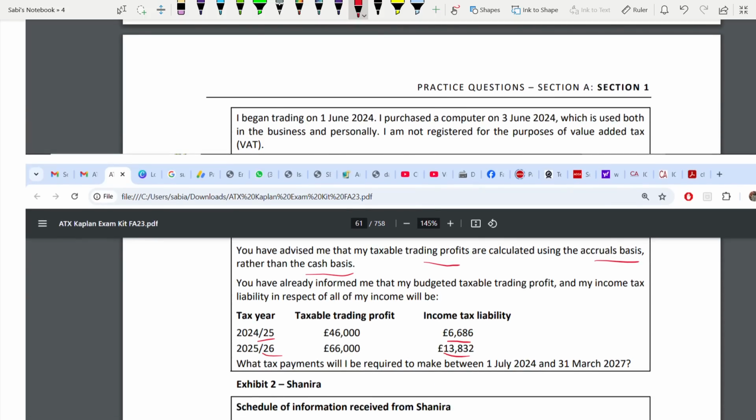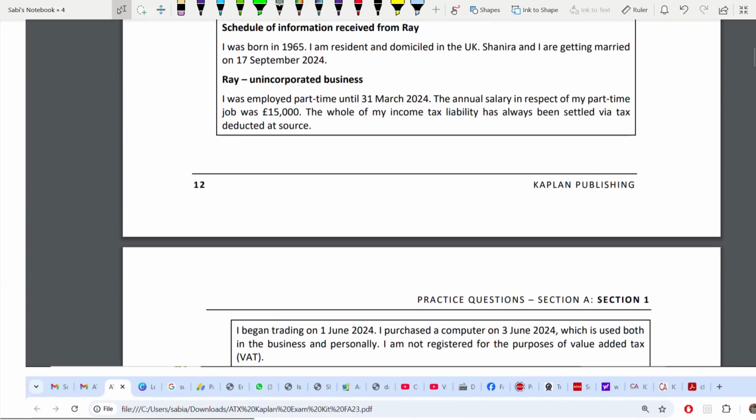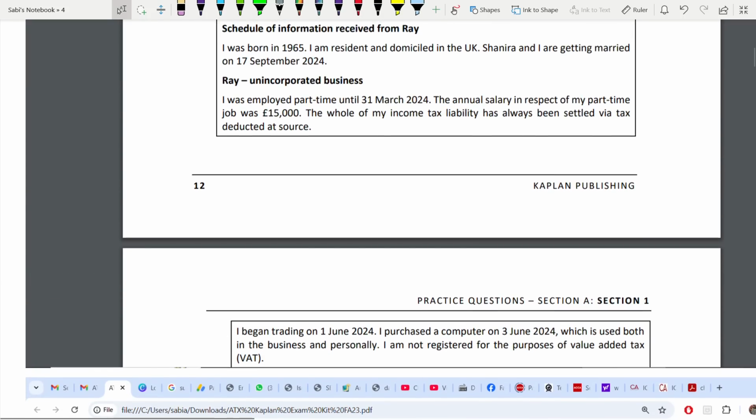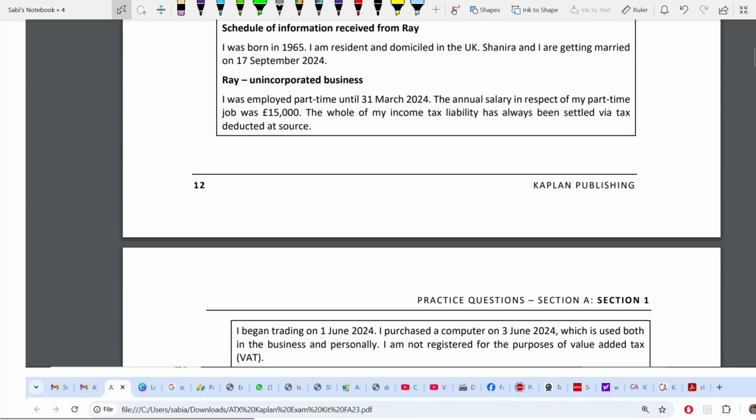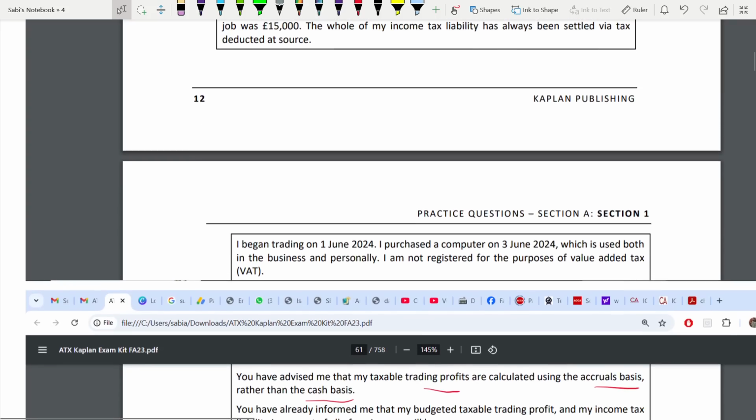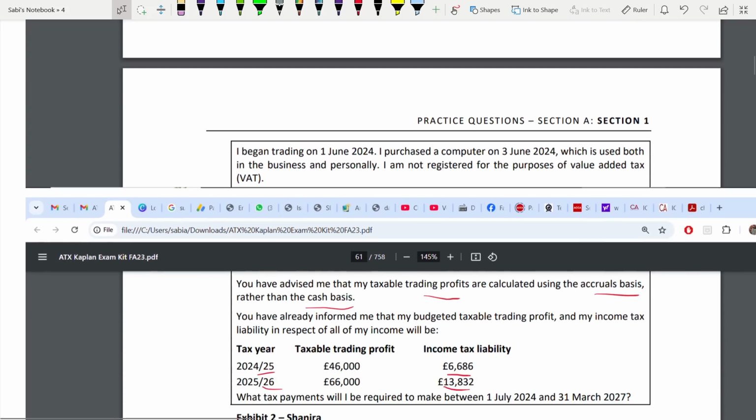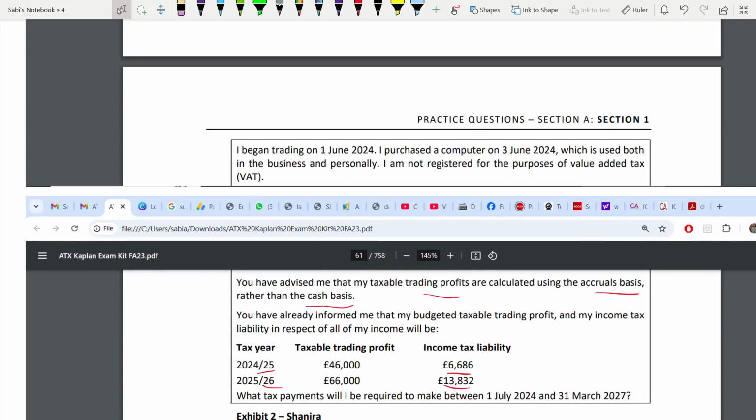Okay, so now you have been given the income tax. So all you need to do is calculate class 2 and class 4 NIC. This is pure tax knowledge. Okay, so now one thing,